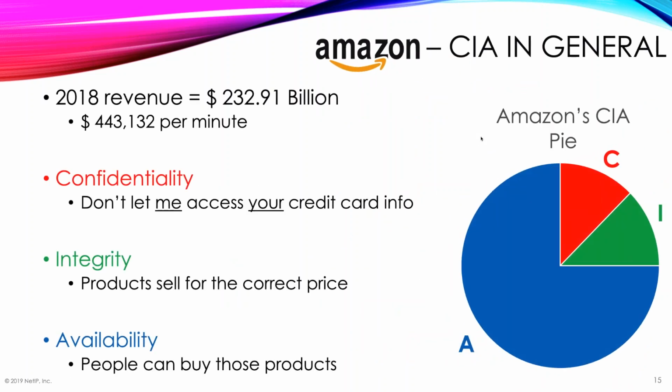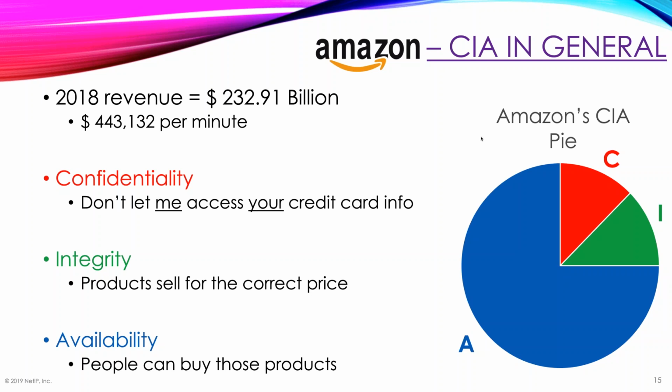Coming back to the Amazon pie chart, this is a copy and paste from earlier with one little exception. Notice up in the upper right-hand corner, I have underlined and changed the color for CYA in general, pointing out that up to this point,